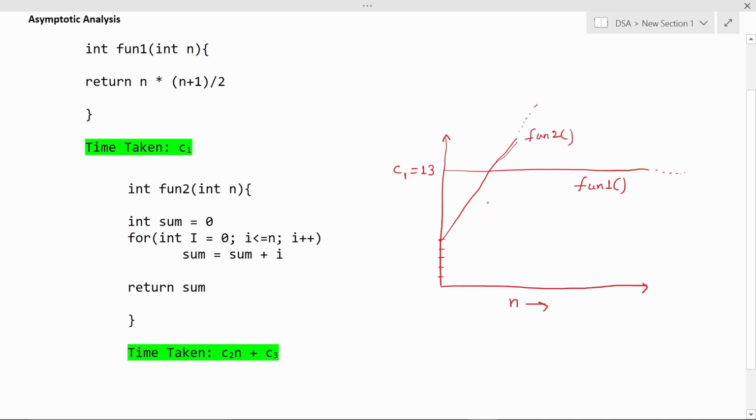One thing you can see here is an intersection point. From this intersection point, your friend's function will take a long time, because your function always takes a constant amount of time irrespective of input values. After this intersection point, your friend's code will be much slower than yours. So you got the idea of how this big O thing works.